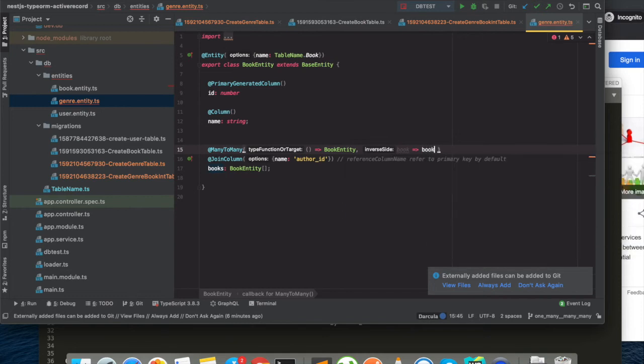So book dot genre. This we are going to add in our book. We don't need this join column here.